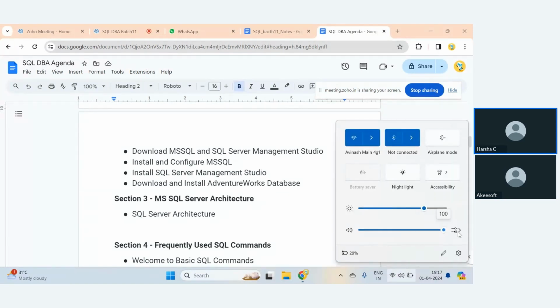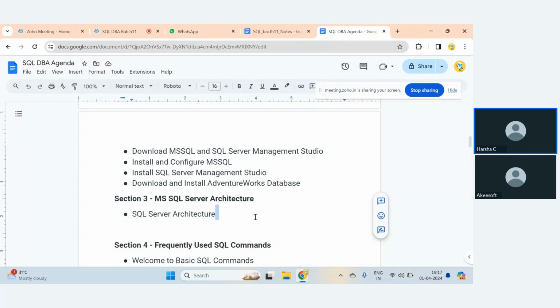SQL Server architecture is a client-server architecture, wherein SQL Server architecture has three layers: protocol layer, relational layer, and storage layer. The protocol layer has three protocols: shared memory, named pipes, and TCP/IP. And the relational layer has three processes: